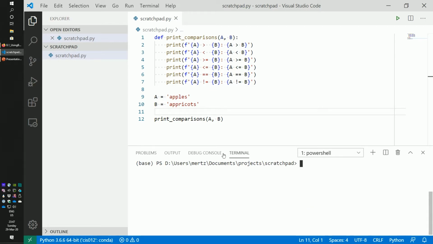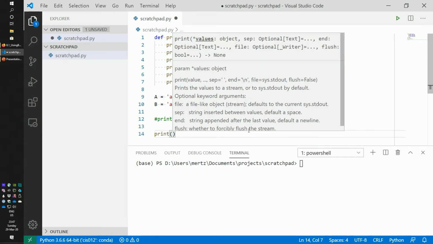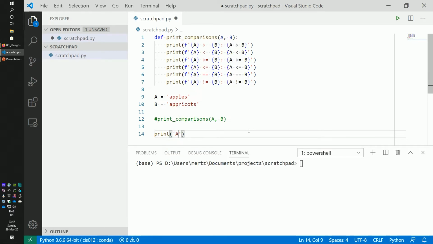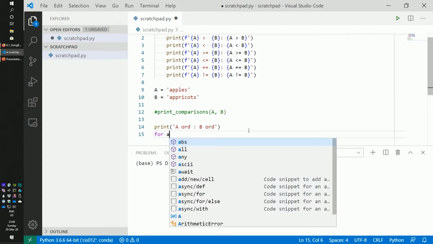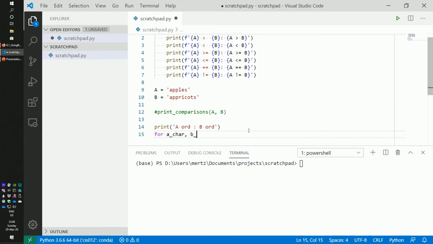Well, I'm going to show you a little bit of a hint of what's happening. Let's comment out this guy right here, and I'm going to print out a little comparator here. So A ord, B ord. What I'm going to do is print out, for each character in the A and B strings,